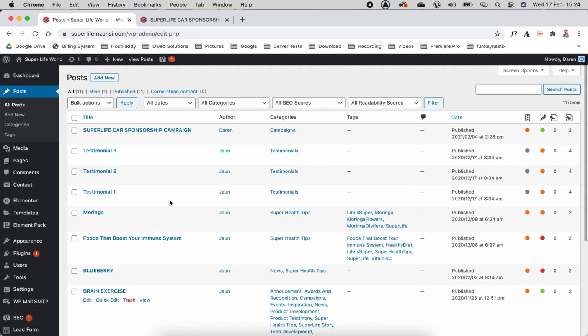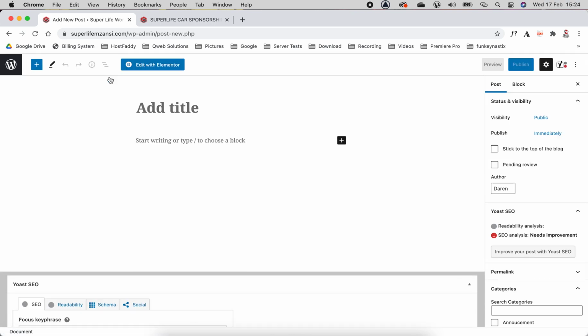So what we're going to do is we're going to add a new post. Now adding a new post, we're not going to do the Elementor. We're going to use the simple standard WordPress dashboard for that. So we're going to click the top here. You can either on the left hand side click add new, or you can go to the top and click add new there. Okay, so as you can see, it looks a little bit different to Elementor, but we're not going to worry too much about it because this is only going to be done every now and again or every day, but it's a standard format